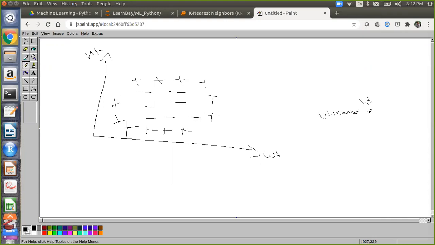His height is 5 and his weight is suppose 20. Now on these axes you have to map this particular point, which probably lies somewhere here on the basis of features. After this the Euclidean distance calculation will happen, and it will take 3 nearest neighbors and tell what is the final class for this particular record.